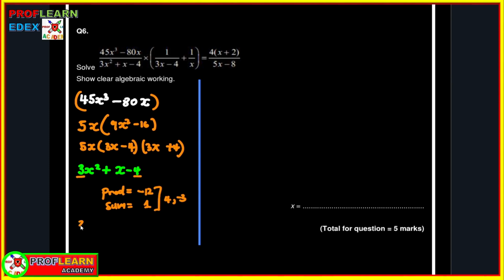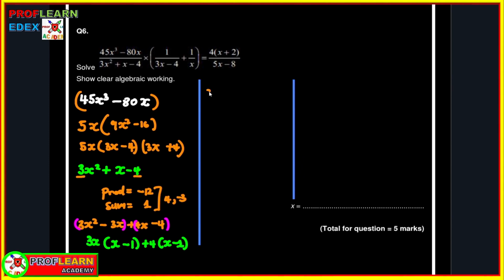So we shall say 3x squared minus 3x plus 4x minus 4. Don't forget to write negative 12 at the end. No, we are using negative 12 to know the two numbers. So that now we can group these two together, and once we have grouped them, we can factor out what's common, and then we end up having 3x plus 4 into bracket x minus 1 as our factorized form